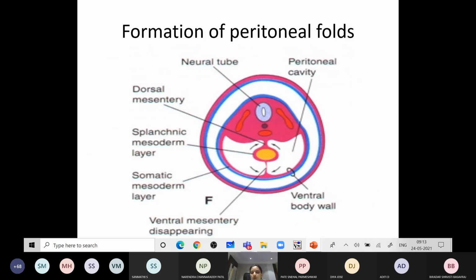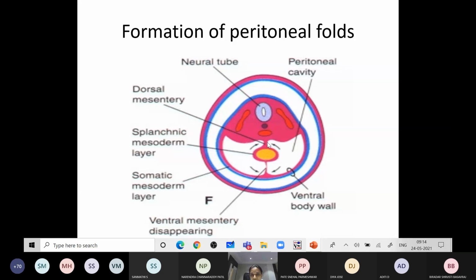Study how the peritoneal folds are formed embryologically. This is a transverse section of the developing embryo. You can see this is the developing gut, which invests this peritoneal cavity and is covered by the somatopleuric layer of lateral plate mesoderm, and this is the parietal layer. The gut is suspended from the anterior abdominal wall by the ventral mesentery,